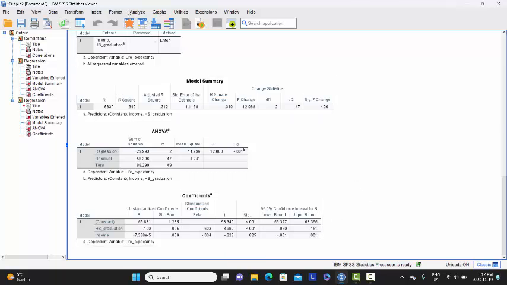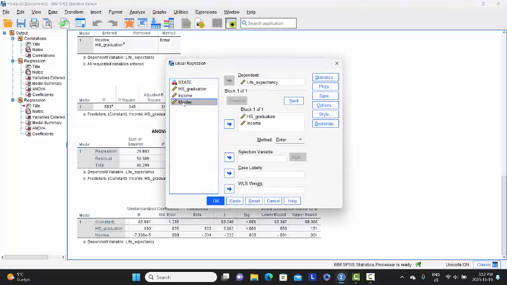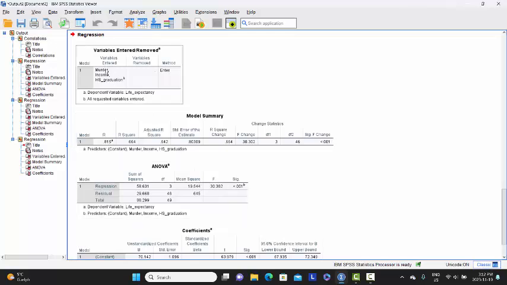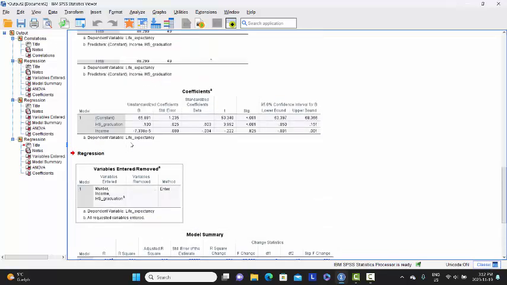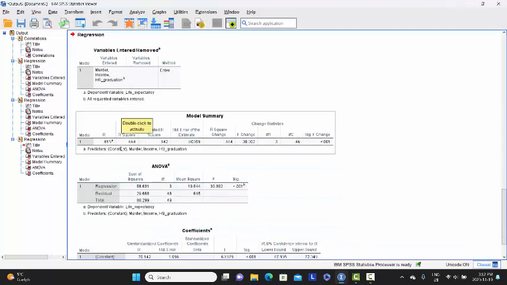Now I'm going to finish this up with one more analysis. I'm going to click linear and I'm going to click murder rate. Now I'm going to generate a regression model with all three predictors at the same time. So we see here we have murder rate, income level, and high school graduation. Now by including the murder rate, here we have a big jump in the R squared value comparably to the previous analysis where we had two predictors at 0.34 for our R squared. Now when we entered in the third variable, we see a big jump in the R squared value at 0.664,